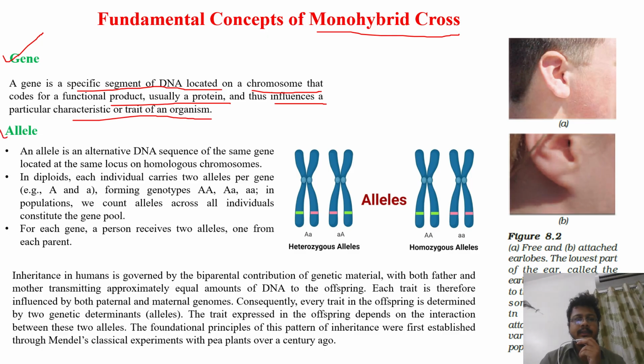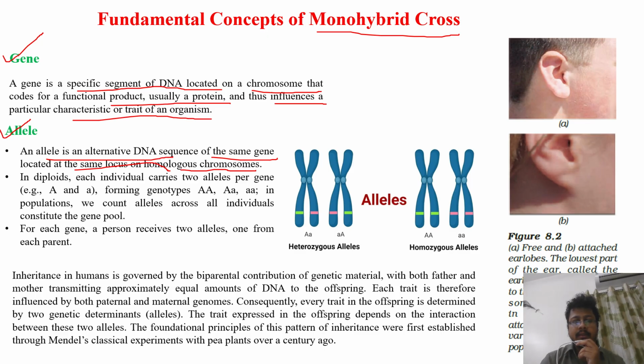Another terminology associated with this is allele. An allele is an alternative DNA sequence of the same gene. It is important to note that it is the alternative DNA sequence of the same gene located at the same locus of homologous chromosomes. We know that in homologous chromosomes, each gamete contributes one chromosome, and one chromosome comes from the father and another chromosome comes from the mother. So an allele is an alternate form of the DNA of the same gene located on the same gene locus